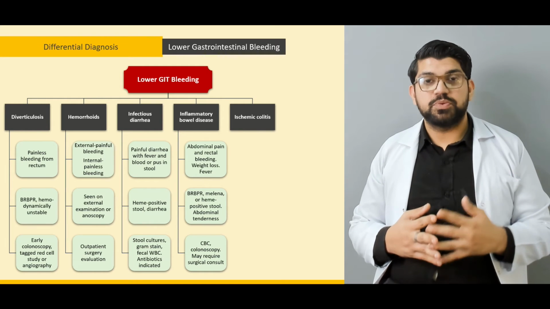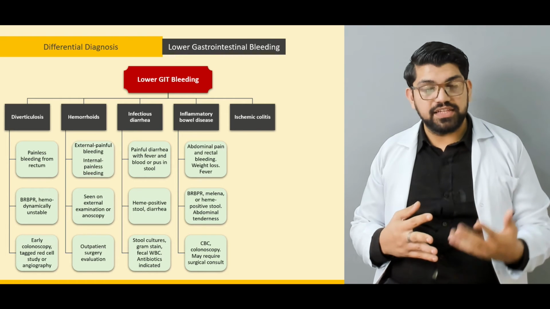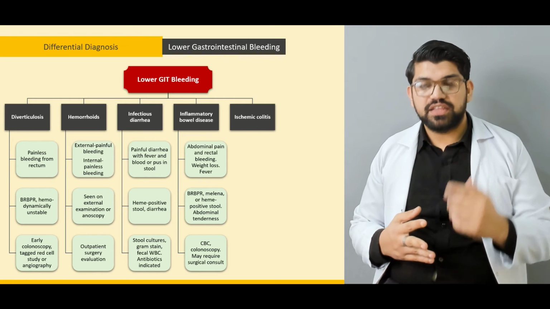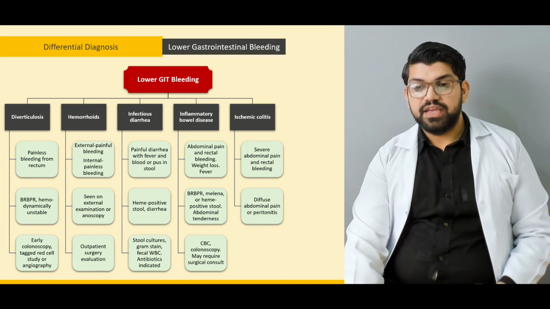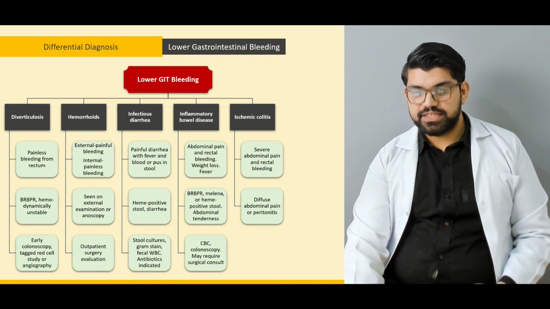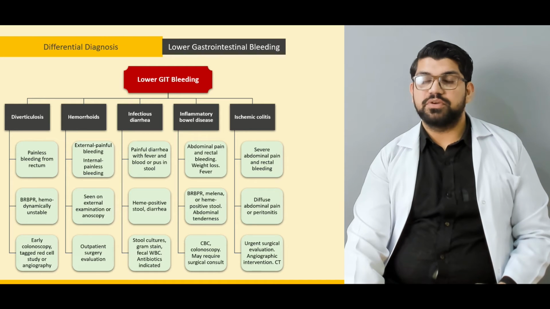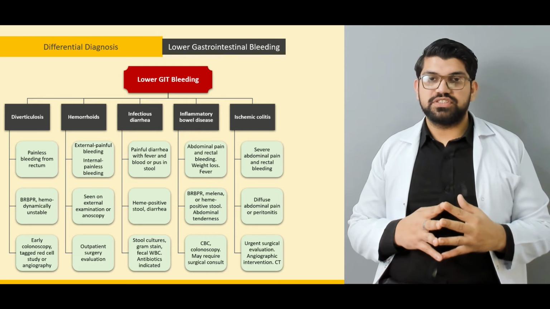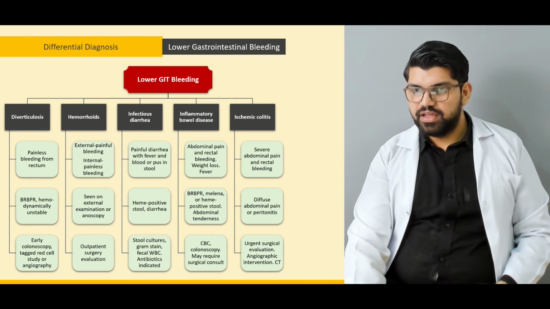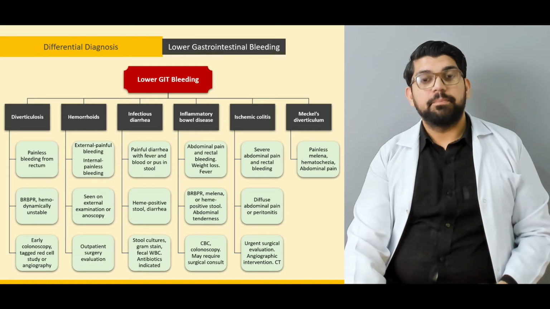So if a patient comes with clotted blood and with pain out of proportion, elderly with multiple risk factors, think of ischemic colitis. Severe abdominal pain and rectal bleeding, diffuse abdominal pain or peritonitis: urgent surgical evaluation, angiographic intervention, or CT angiography is highly recommended in these patients to look for any atherosclerotic changes or mesenteric ischemia in the abdominal aorta. Meckel's diverticulum, painless melena,